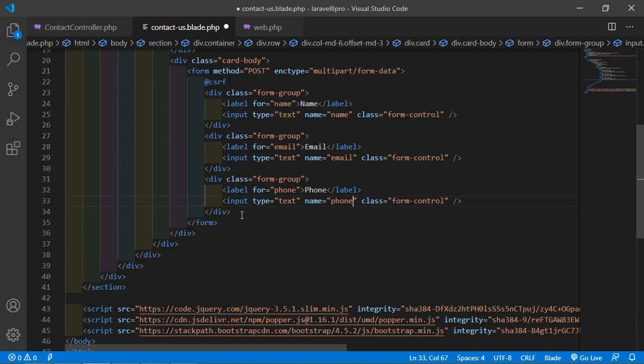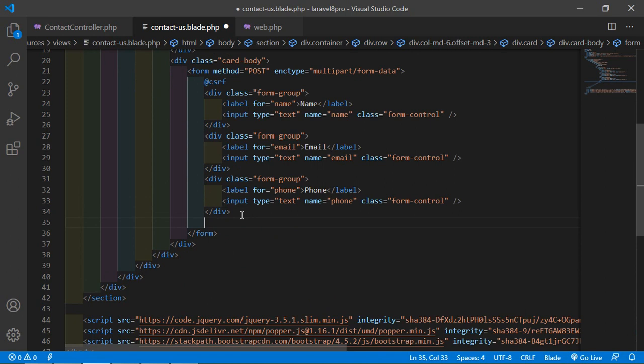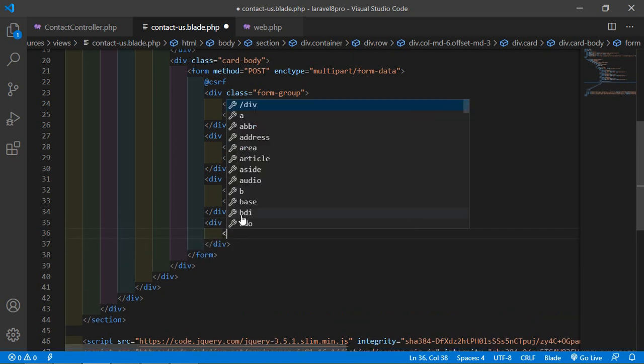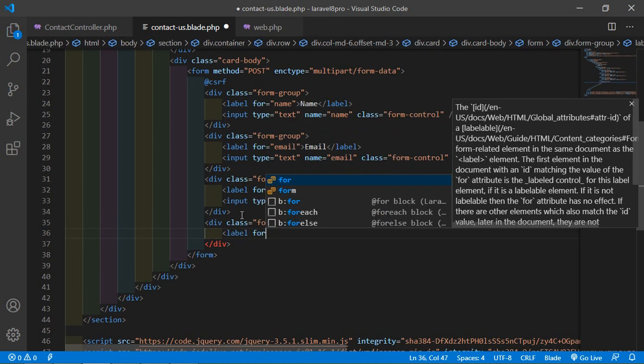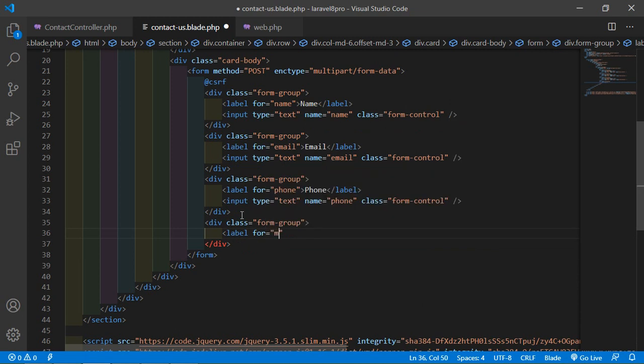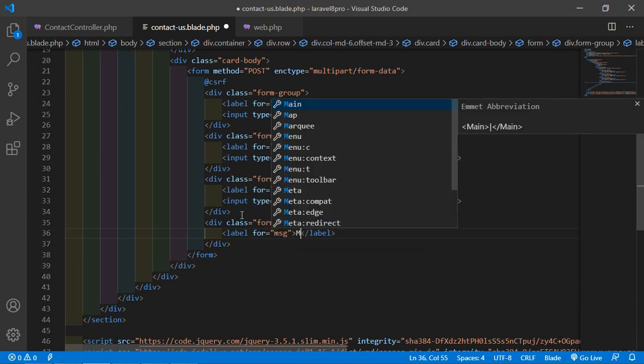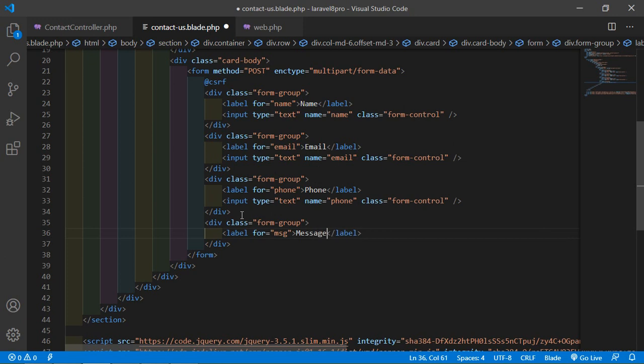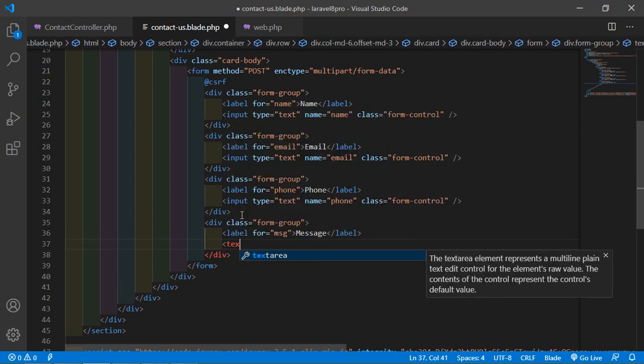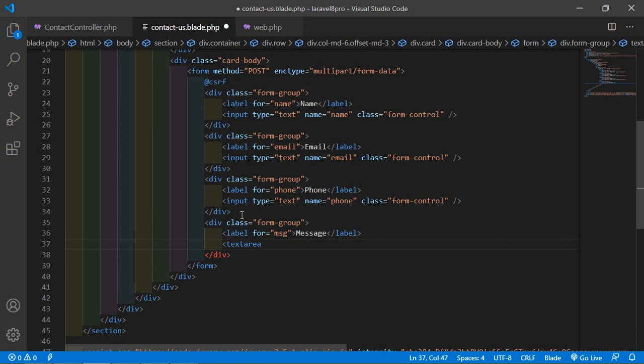Okay, now here just add a textarea for the message. So just write form-group, and inside this add a label for msg and write Message. Okay, now add the textarea. Just write textarea, name is equal to msg, class form-control.